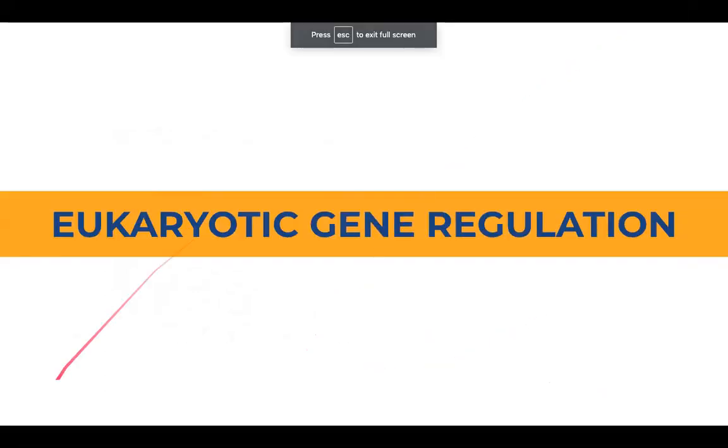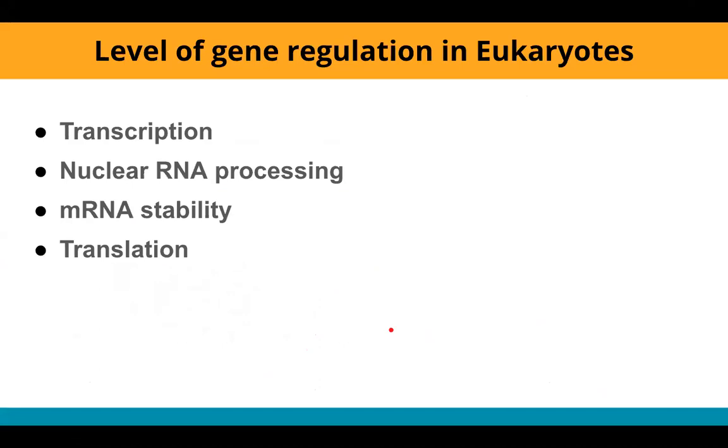Okay, so now let's move on to eukaryotic gene expression, eukaryotic gene regulation. So the levels of gene regulation in eukaryotes, as I've previously mentioned in the first slides, can be in the RNA transcription, nuclear RNA processing, mRNA stability, and translation. But in eukaryotes, regulation of gene expression can also occur at the level of the DNA,